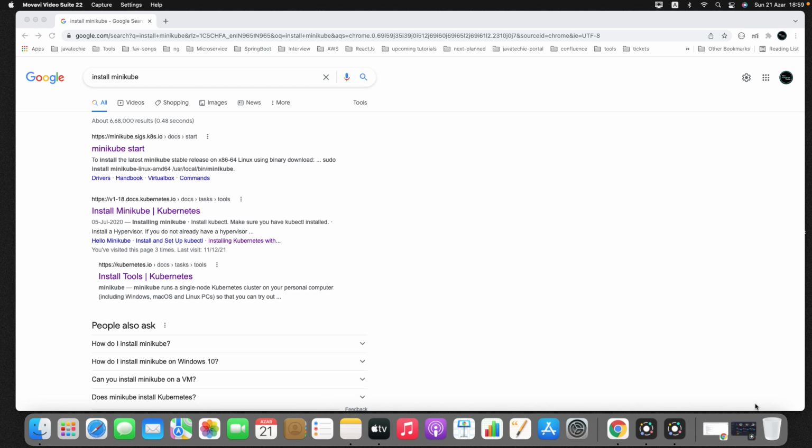In the previous tutorial, we understood how to set up Minikube in Windows, and also we ran our first Spring Boot application in a Kubernetes cluster, right? So in this tutorial, I'll walk you through the steps to install Minikube on the Mac operating system. Also, compared to Windows, it's very simple and straightforward to set up a Kubernetes environment on Mac. Okay, so let's get started.